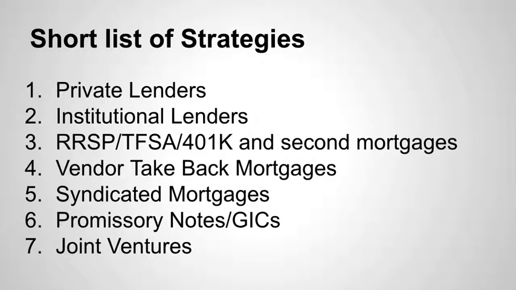Promissory notes and GICs are probably the number 1 thing that we use every single day. Promissory notes and GICs, which is a guaranteed investment certificate, is guaranteed money for our lenders. So when we go to private lenders who want a higher rate of return, we generally negotiate down a lower rate, but we guarantee the rate, plus a bonus at the end of it